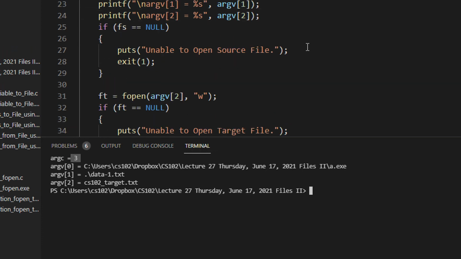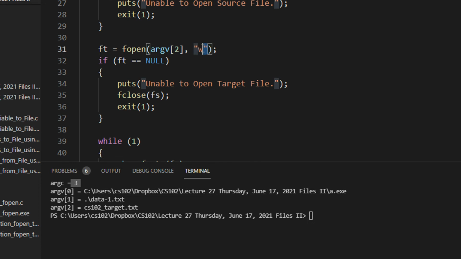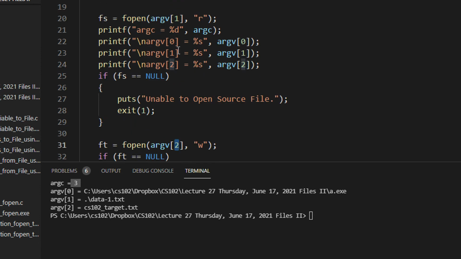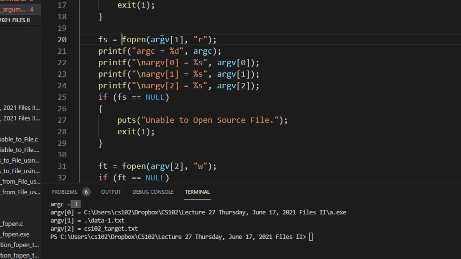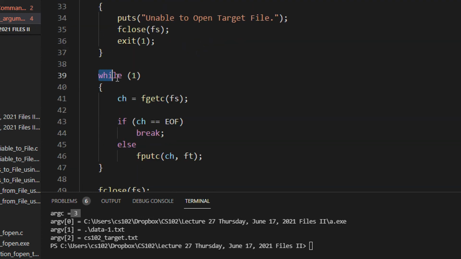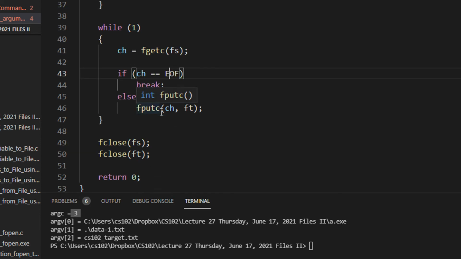So what I'm doing here is opening a file in write mode, which is the second argument, the target file. And from the first file, argv1, I'm opening it in read mode. I keep on reading that file character by character till I reach the end of the file, and then I put it into the target file ft.